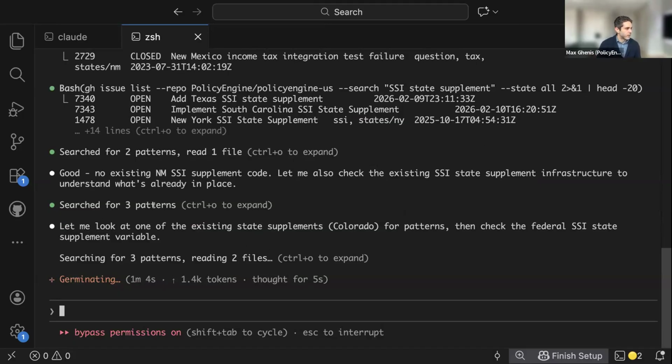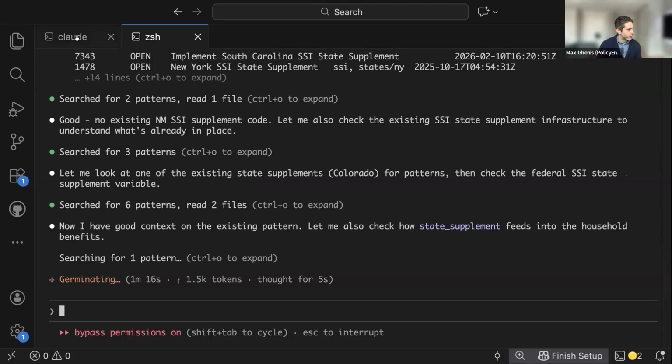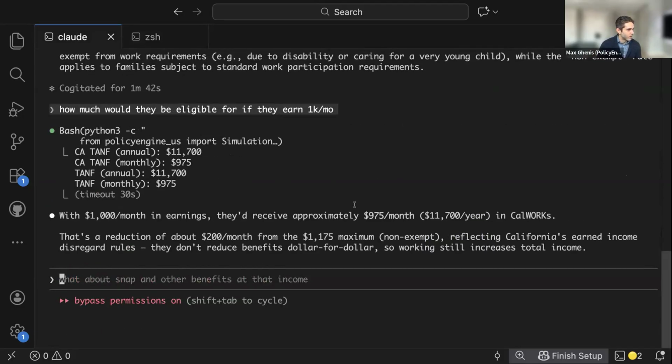And once it gets a little bit further, it's going to start collecting the documents and actually launching new agents to execute the implementation of this policy. While we get just a little further than that, let's check in on our amount. Okay, so it now ran PolicyEngine, and if you're familiar with tools like My Friend Ben and Amplify, this is exactly the kind of calculation that we offer on the back end there. So it's running through the numbers and it's calculating that they're eligible for 975 per month.